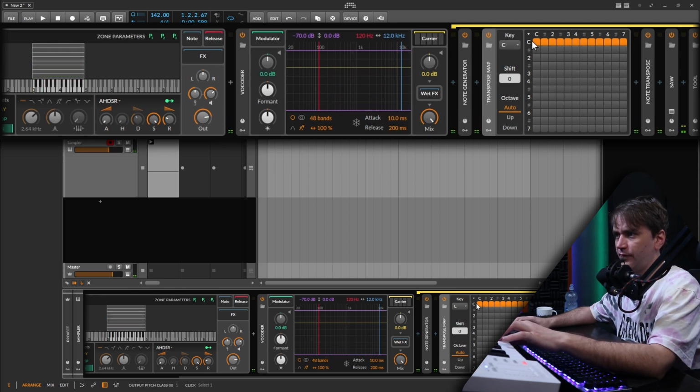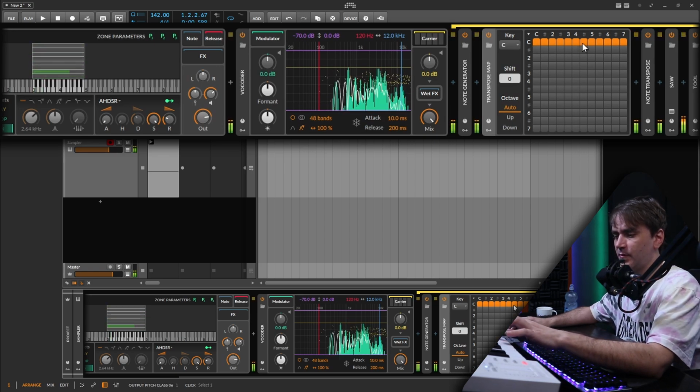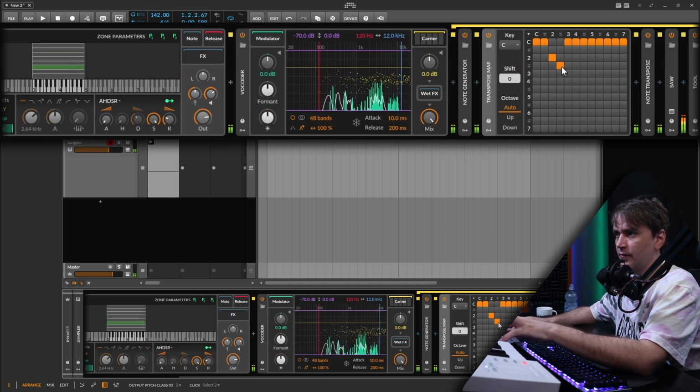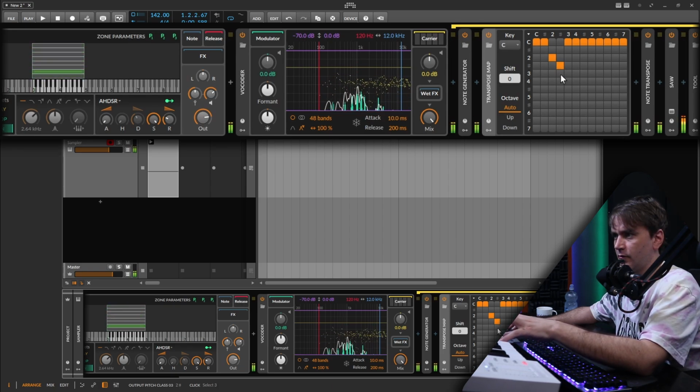So here, for example, if you set them all to C, no matter what you play, it will pop out a C. And so here we can say we want some Ds, D sharps, some fifths,